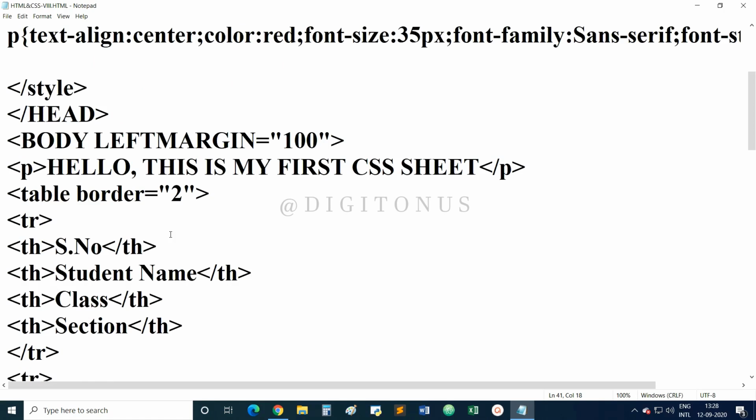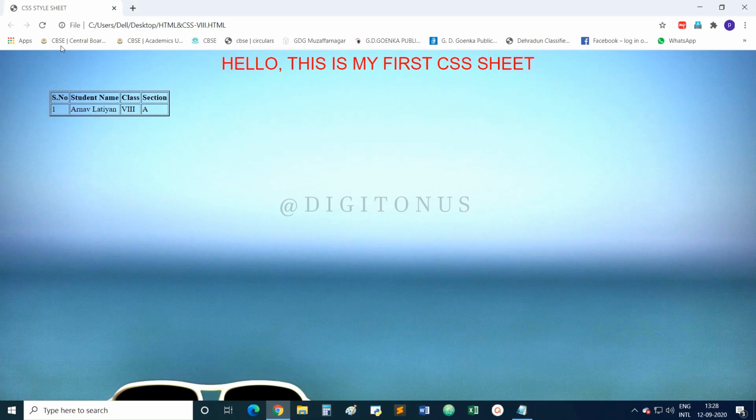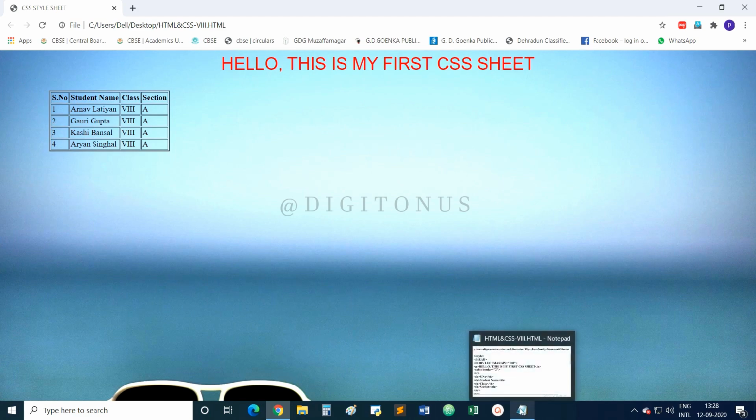We have saved the file, and now we have to run this file in the browser. Now refresh. Now you can see that there are 4 student data which have appeared, because we have used this TR tag 4 times. For each piece of information, we have to use the TR tag, and inside the TR tag we have to use the TD tag. Fine. Okay.